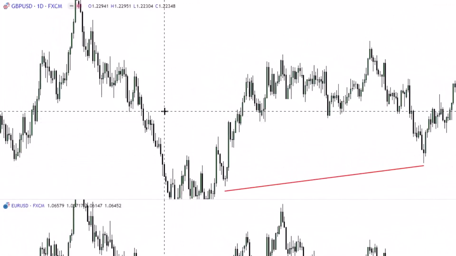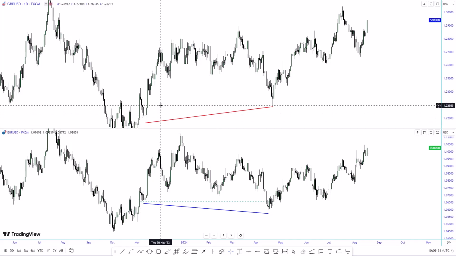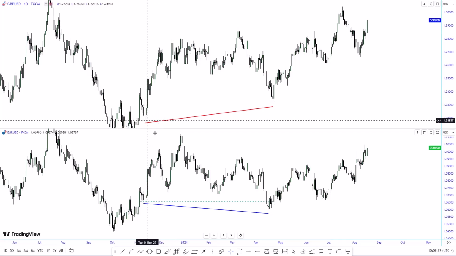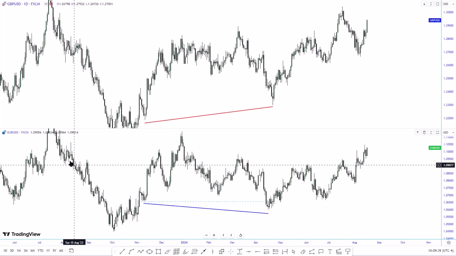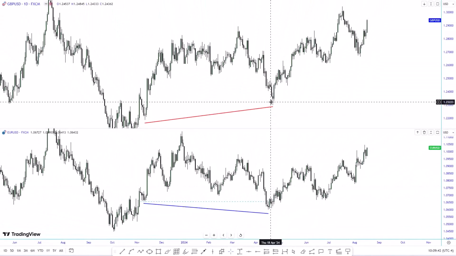The top chart is GBP/USD and the bottom chart is EUR/USD. You understand that the two are closely correlated assets. They tend to move in a similar fashion. So the bottom chart is EUR/USD. It made a lower low. When it makes a lower low, you also anticipate GBP/USD, the top chart, to make a lower low, but it